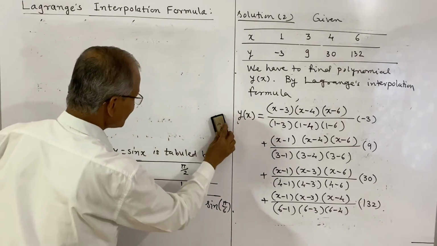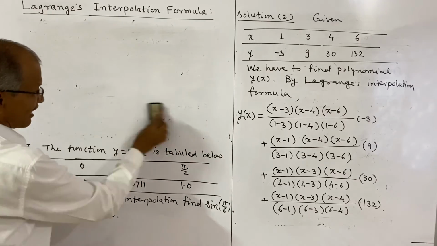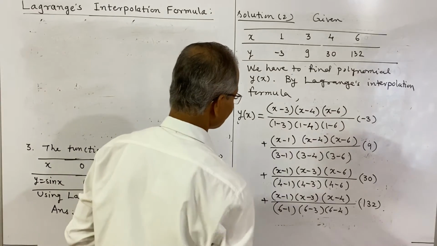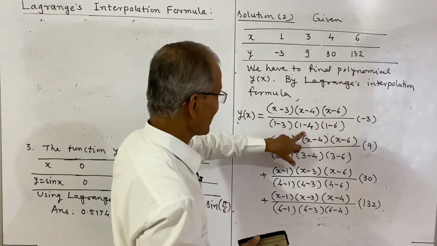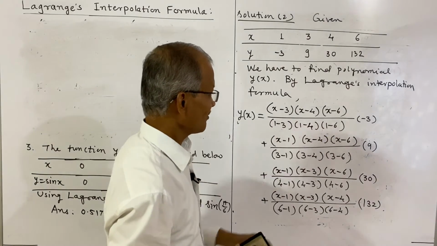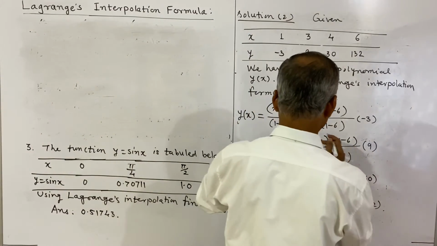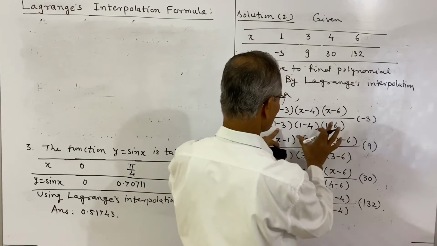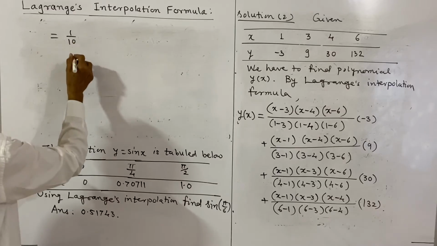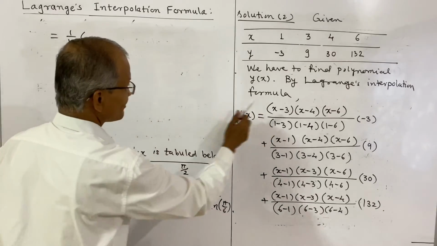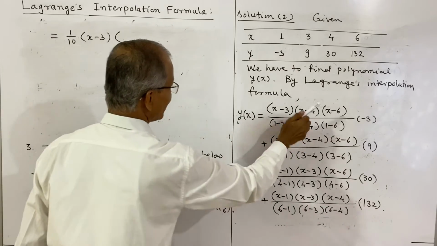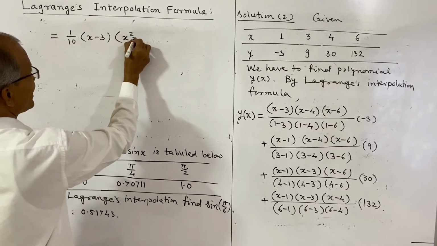So the remaining is the part of calculation, and you see the denominators here, it is minus 2, here it is minus 3, this cancels with this minus 3, and this is minus 5. So it will be 10, minus 2 into minus 5, this term is cancelled. So it will be 1 by 10, I shall write outside, and then (x minus 3), and in bracket we will multiply these two, that will be x square minus 10x